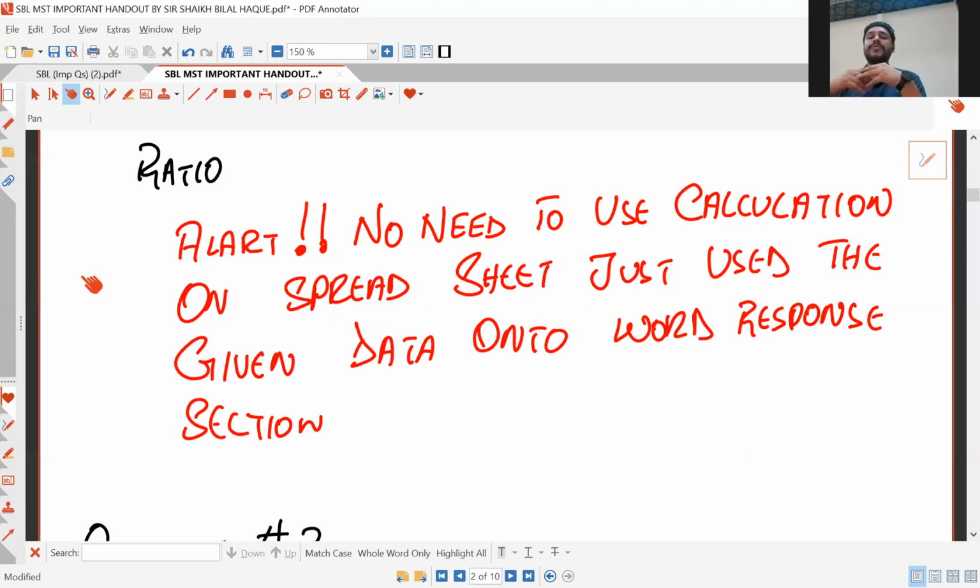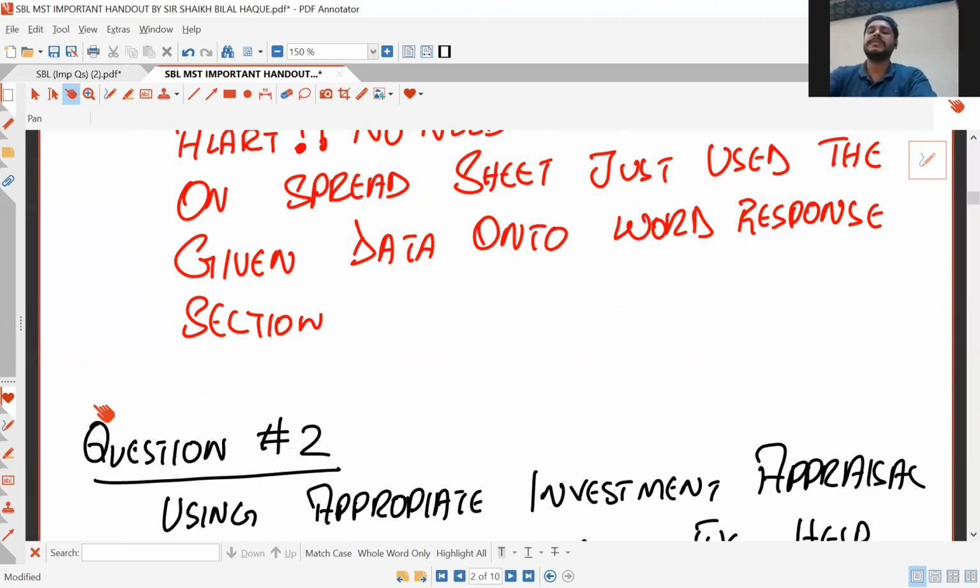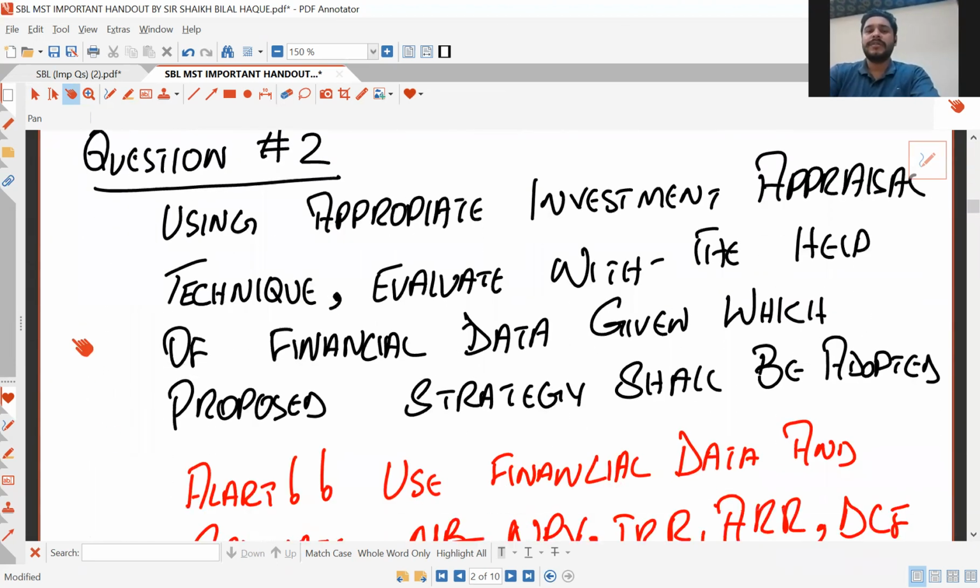Yes, if you have that extra time, then and only then you can show the ratio calculations. But my suggestion is that, as you know, SBL is a lengthy exam, so you do not need to show any form of calculation. Just straight away give the answer of your calculation. Now, the second most